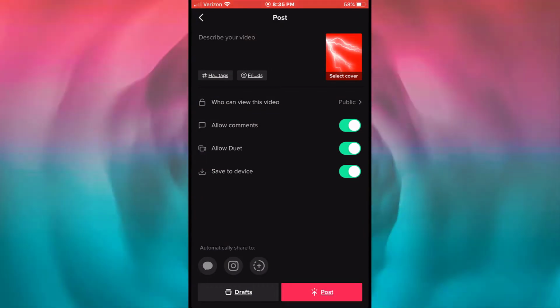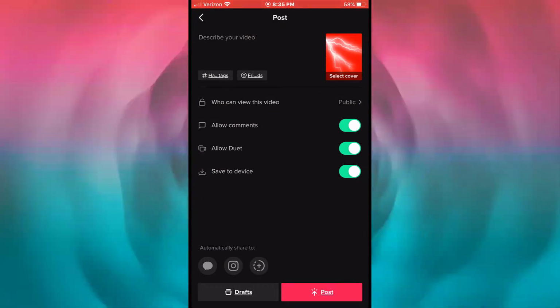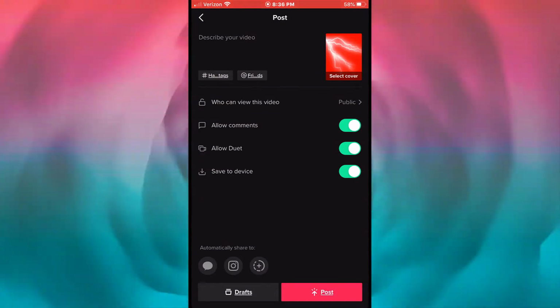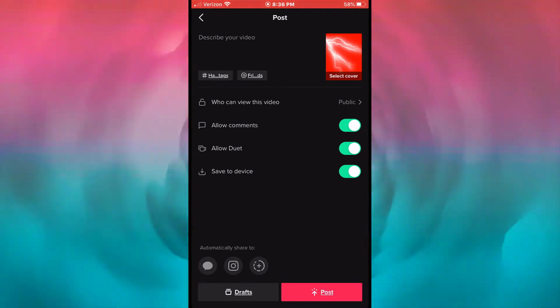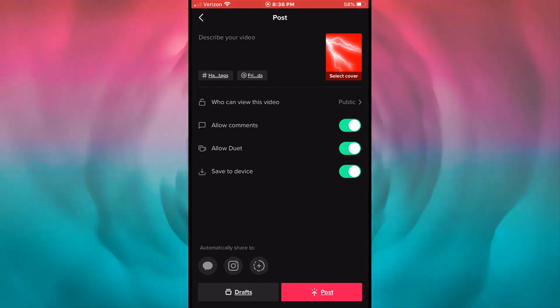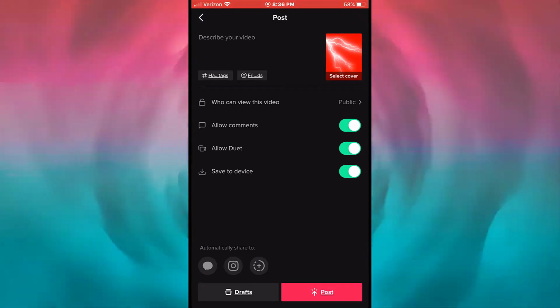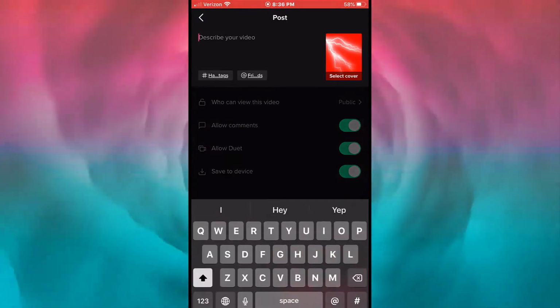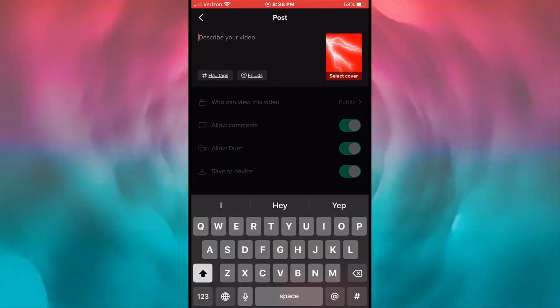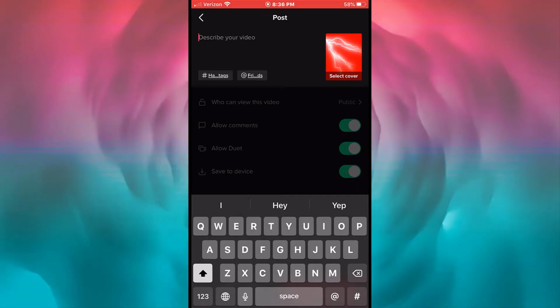So let's say that you got all of the effects, all of the stickers, all of the sounds set to your video. Now comes the part just before you publish that you want to add your final touches to your video. So what you're going to do is you're going to be adding a caption. Now, there are a lot of people who will ignore this, but captions are very, very important,